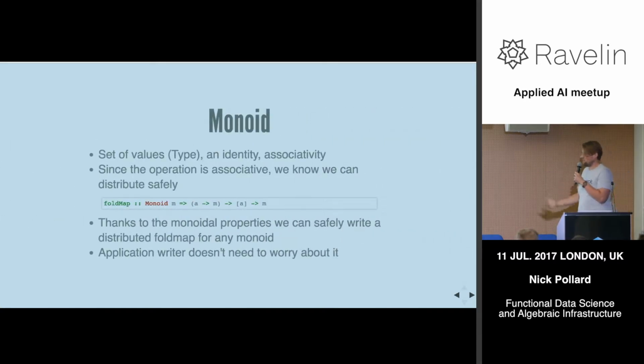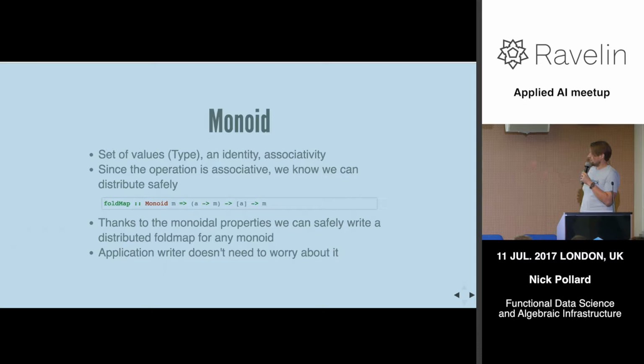This is embodied very briefly in the algebraic structure of a monoid. That gives us, for some set of values, which in a computer science functional programming way we would say is a type, an identity value, a default, a zero, and it gives us this operator that we know is associative. And this is great because when we're distributing, and these operations might get run out of order, it doesn't matter. If we know mathematically it's associative, it doesn't matter if we do A plus B and then add C. We can do it the other way around. And mathematically, that has to hold: the result is the same.